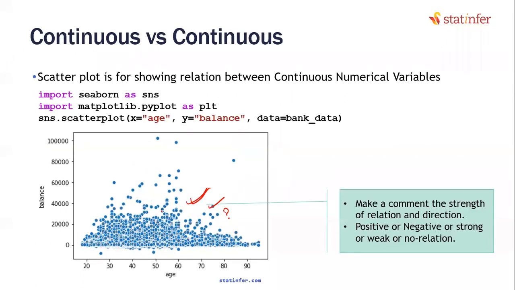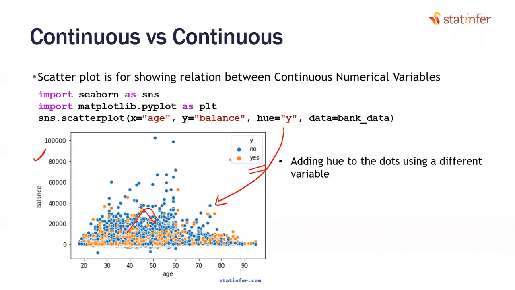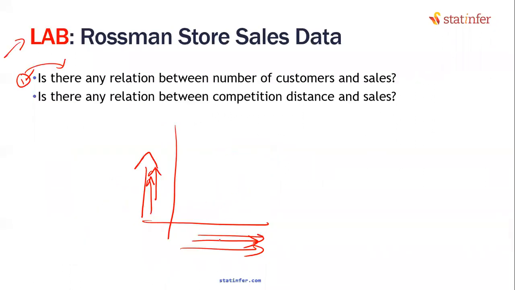Usually our intuition tells me that maybe we will see this kind of pattern. It may not be exactly perfectly linear, but I am expecting a graph around this diagonal, a positive relation. Obviously, it has to be positive. It will not be negative. More customers will not give the least sales.